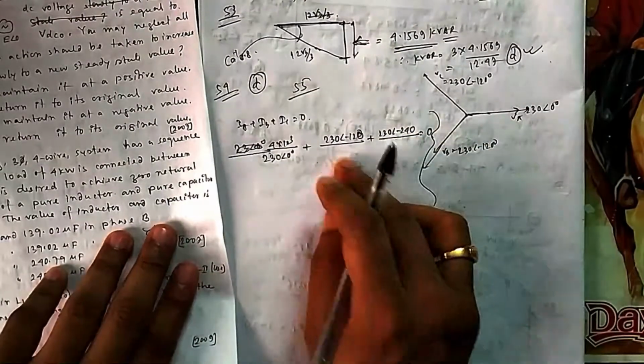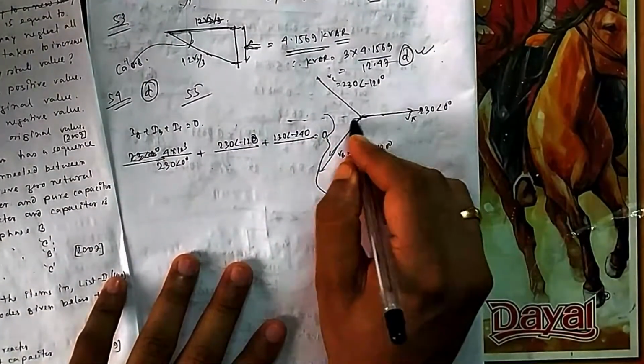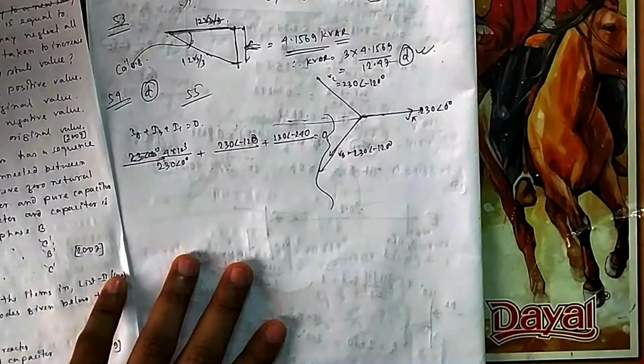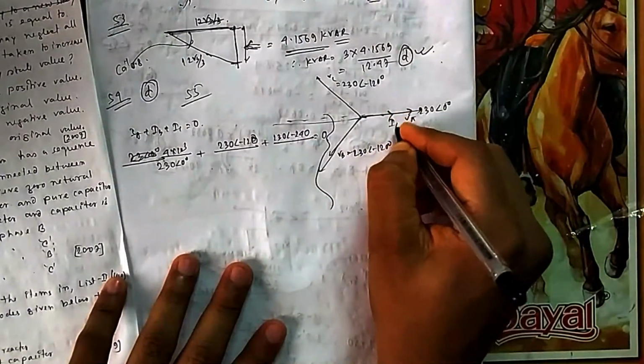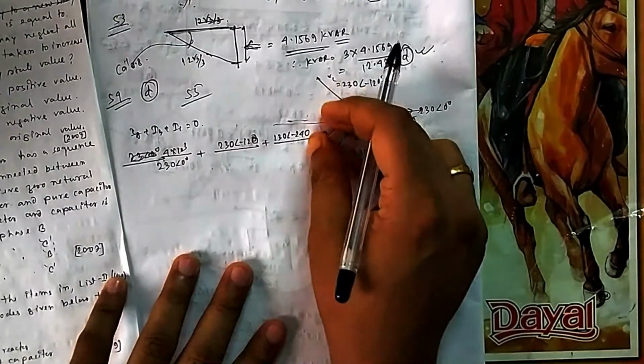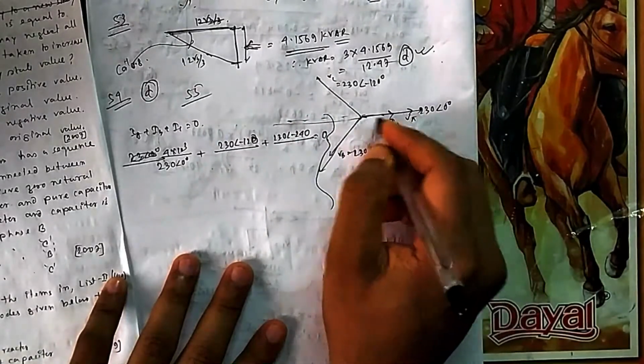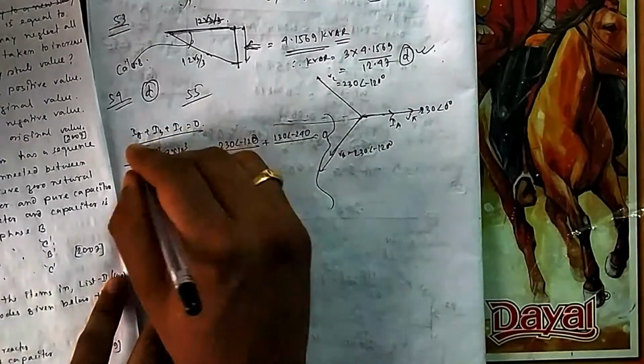I don't know means whether it will be XL or XC, I don't know. Now you have to think about whether it will be XL or XC. From the phasor diagram itself you can answer, that's what I am saying. So total I should be 0. Here I is this IA. So you can feel that IB plus IC should be on this side, so that it gets cancelled vectorially, because the sum should be 0.